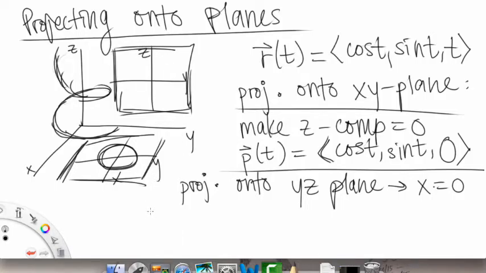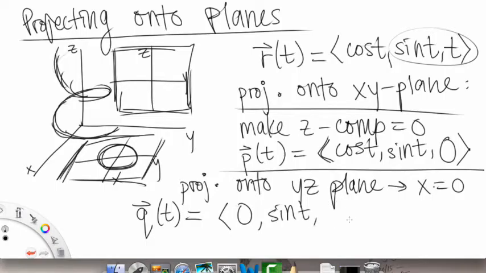And if we do that, our projection would look like the following. So we'd have q of t is equal to, and we're going to make our x be 0, and then we're going to keep the other two, right? So sine t, and then t. All right, so what we're going to get is actually something that looks like a sine graph, but it's just going in a specific direction here. So something that looks like that. Okay, so that's our projection there, and then it'll keep going into the sine graph as it goes up and up. Alright, and then the last one, I'll just squish it down here, is our projection